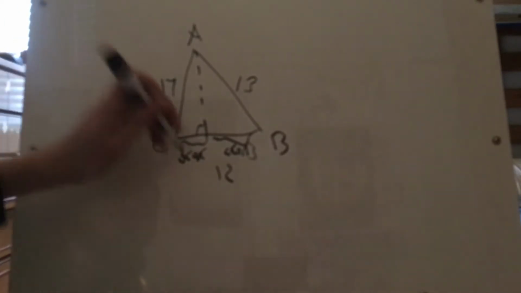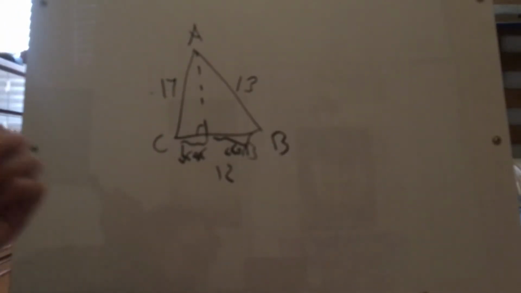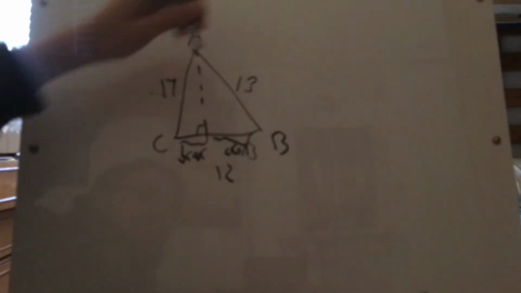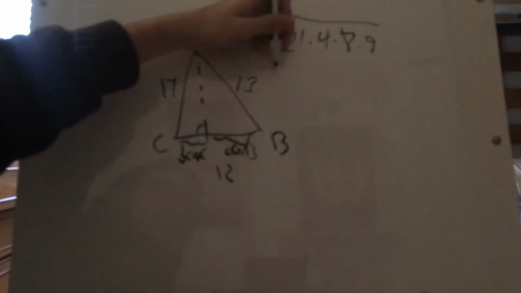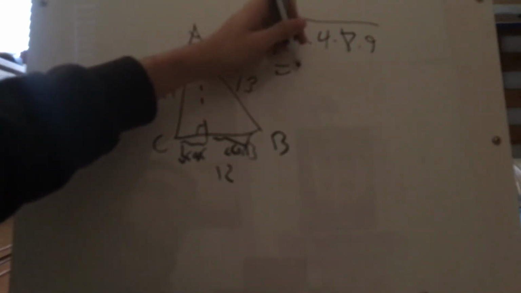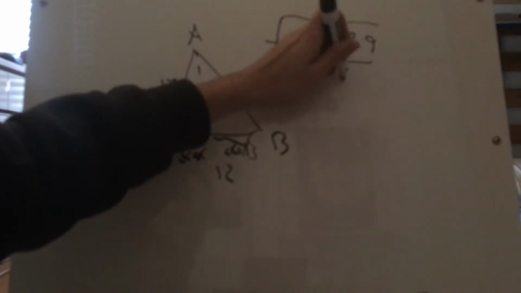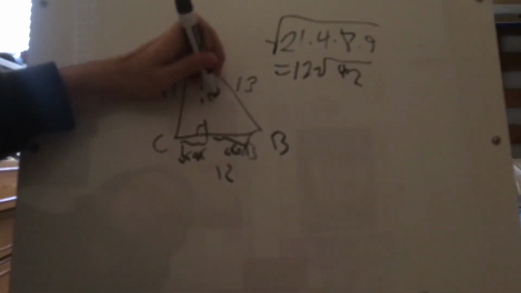So, the area of all of this, we'll use Heron's formula. We find the semiperimeter: 17 plus 13 is 30, plus 12 is 42, divided by 2 is 21, and we multiply that by 21 minus 17 is 4, 21 minus 13 is 8, 21 minus 12 is 9, take the square root. The 9 comes out, 4 and 4 times 2, so we leave a 2, and that's going to be 12 square root, we have 2 times 3 times 7 is 42,